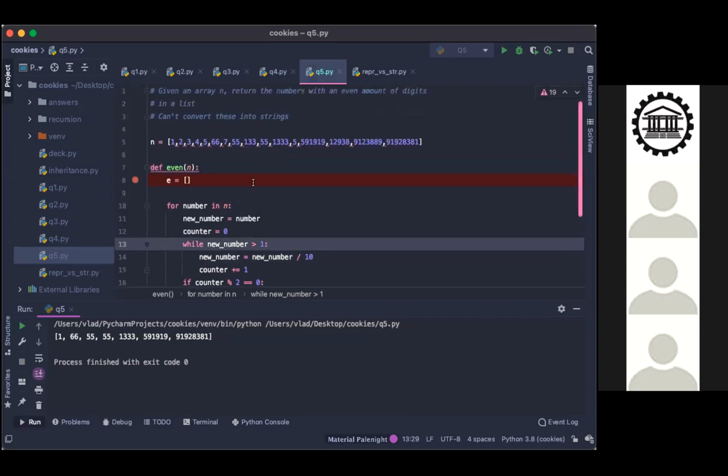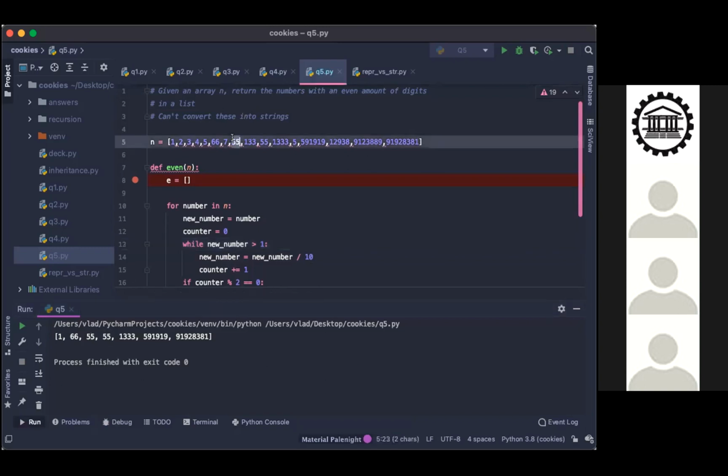So here, let's check what we have. We have 1, which obviously we know it's wrong, right? 66, correct. We have 55. We have another 55. So that's right here. It's skipping over the 7, skipped over 2 to 5.